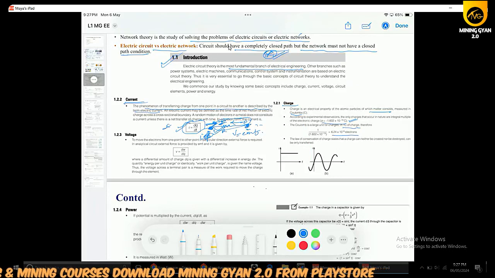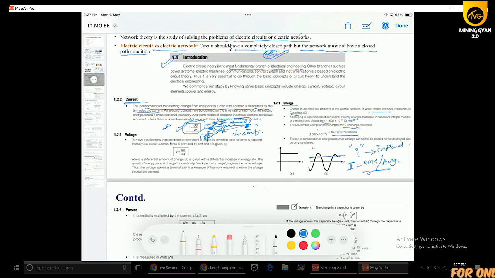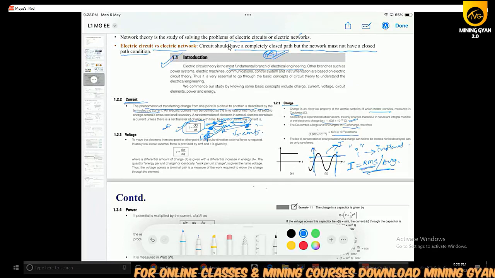Then we denote current by the small letter i, meaning the value of current at any given time, whereas the capital I will represent the value of current that is the RMS or average value. That means we calculate the amplitude of current over a given period of time, so that we can represent it by I. That will give your average current or RMS. RMS means root mean square value of this current waveform.